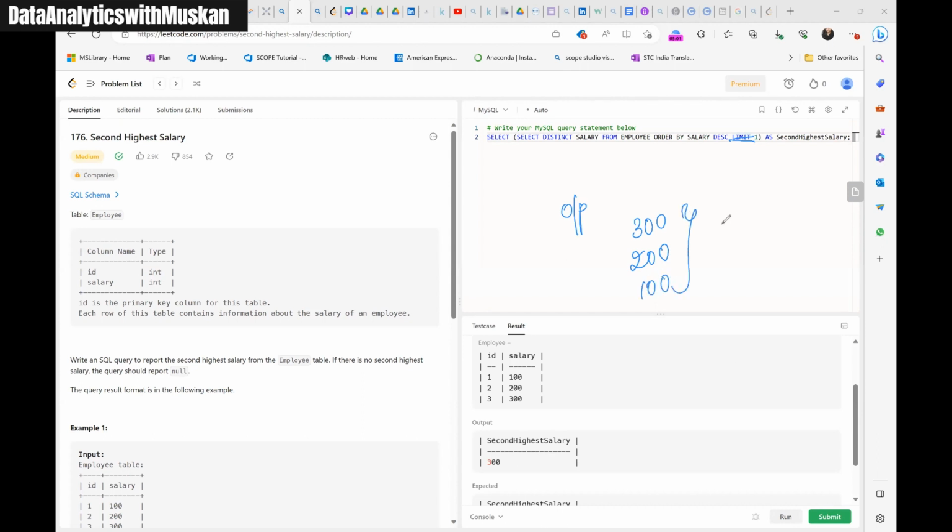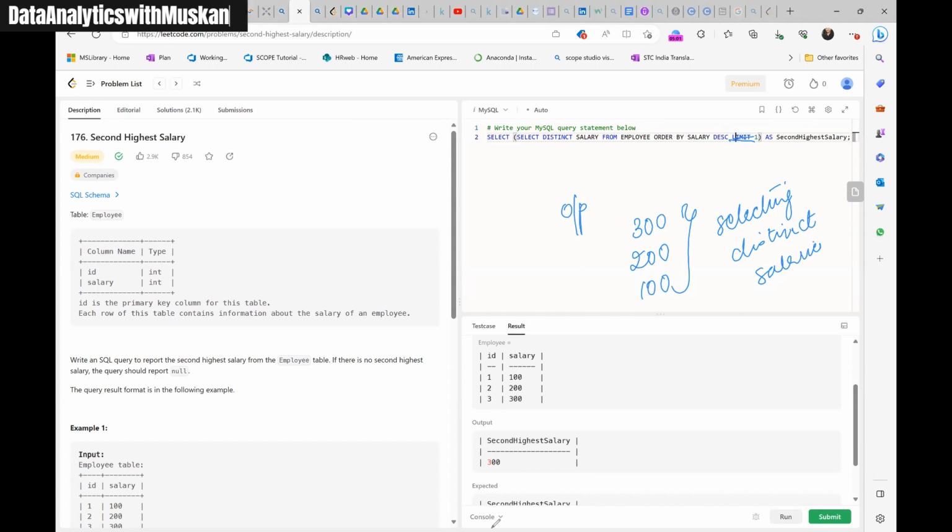Why? Because I'm selecting the distinct salaries and I'm ordering them by the salaries that I have. So 300 will come first, then 200 and then 100. So when I'm using limit,